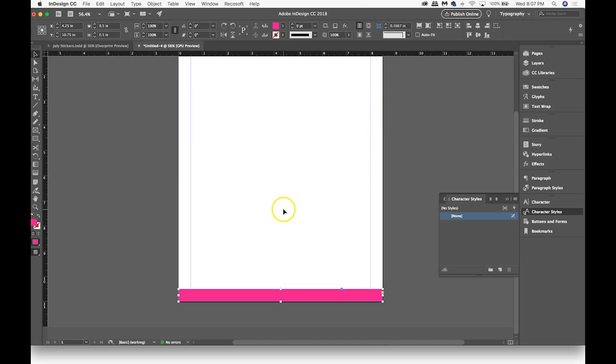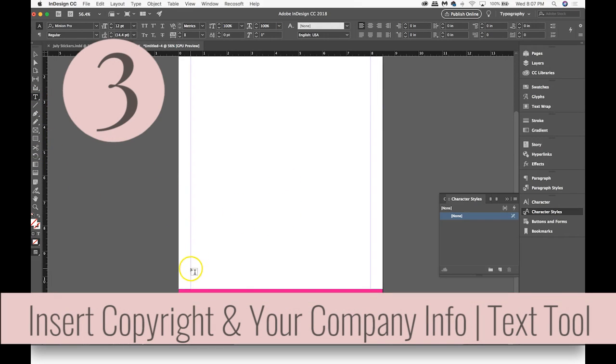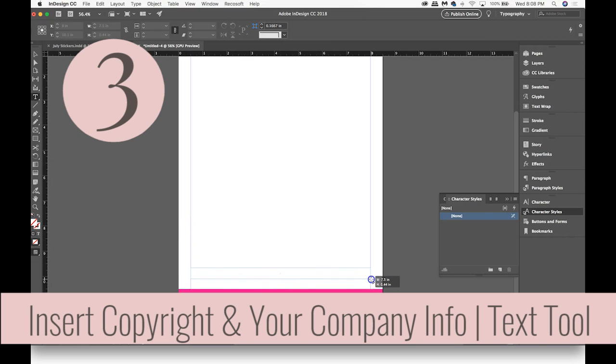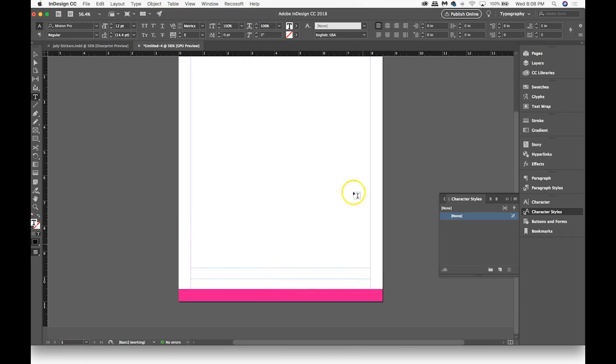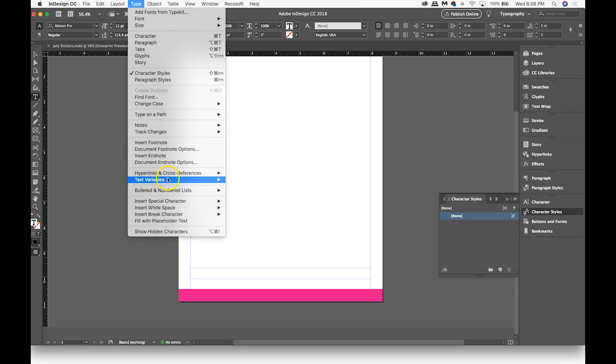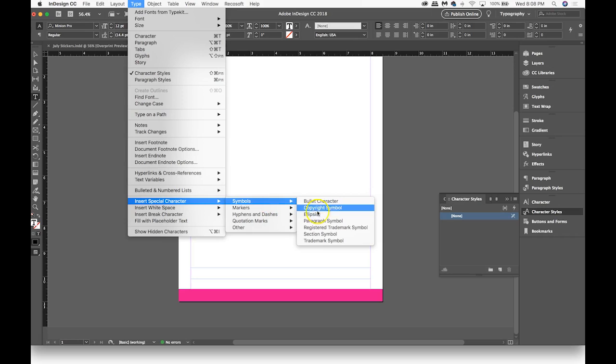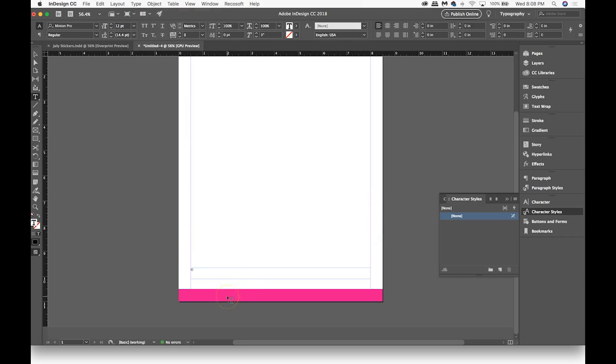And over here at the bottom, I had a copyright there. So I'm going to select the type tool, drag and drop a text box. And I'm going to insert a copyright symbol over here at type, insert special character symbols, copyright symbol, and 2018 Pretty Fabulous Designs. And then I want to make sure people have my website,